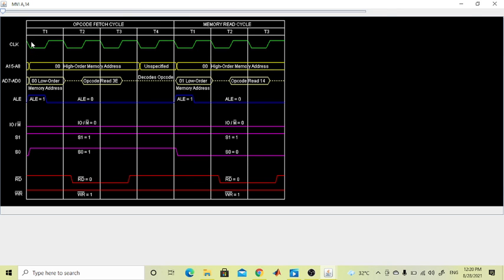When we read about timing diagrams, we will see what each of the pins is showing. In both operations, two operations are performing: opcode fetch cycle and memory read cycle.